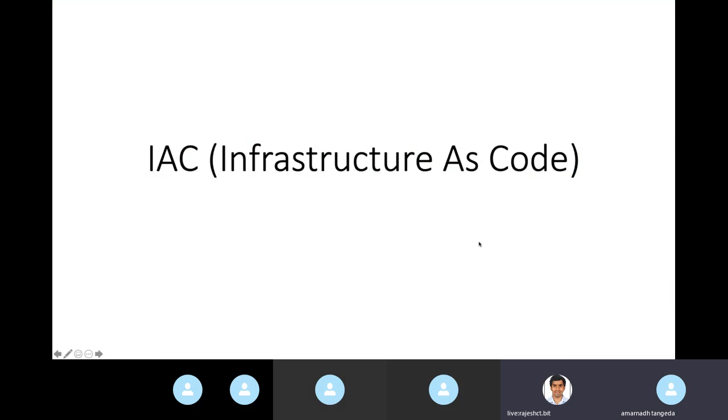So IAC is not a new product or a newly invented product, I feel, because it was an old one. We used to use ghost images for Windows, and we used to use customized images for Linux, whatever it is. We used to do that when we worked on physical servers. So it's not a new one. But now IAC has been redefined, and we have a lot of improvements in the code, and a lot of tools have been introduced that we can use in IAC. So IAC is also a part of the DevOps profile.